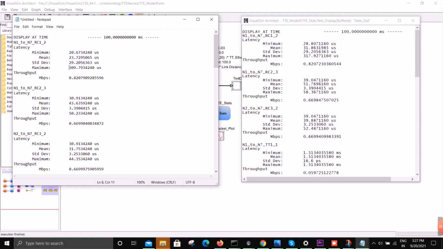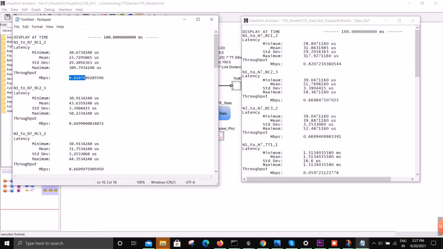Earlier the maximum latency was 309.79 microseconds and now it's 317.92 microseconds. Also the Mbps was reduced, like the throughput was reduced. Earlier it was 0.82079, but now it's 0.8072. So latency increased and the throughput decreased.